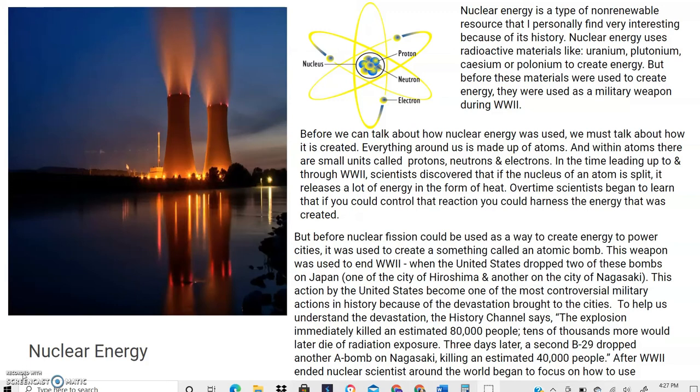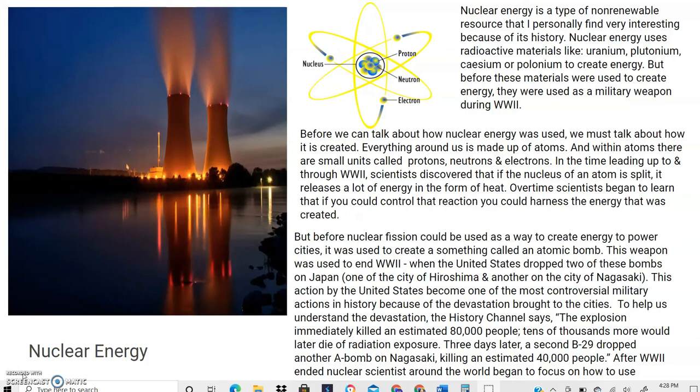Nuclear energy uses radioactive materials like uranium, plutonium, cesium, and polonium to create energy. But before this type of energy was ever used to power cities and homes, it was actually used as a military weapon during World War II. But putting our foot on the brake and backing up a little bit, we want to talk about how nuclear